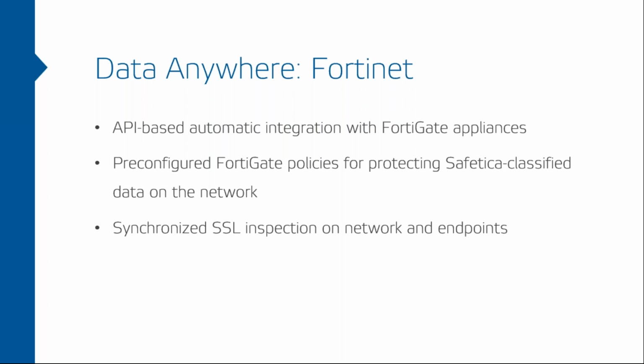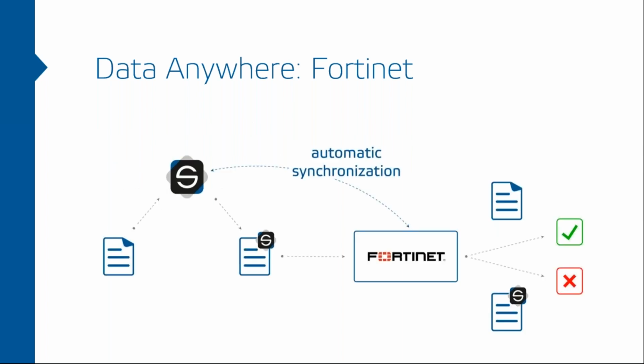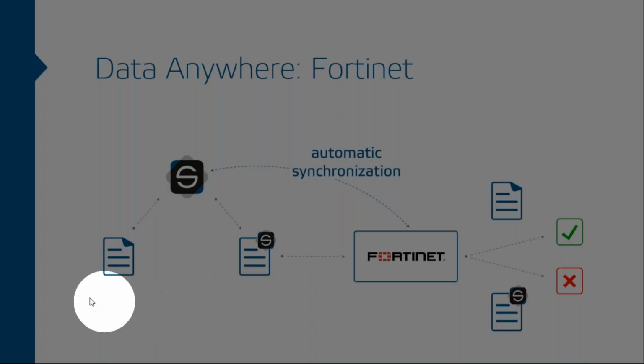And just to give you a better understanding of how this works, I've prepared a little scheme. So imagine you have a file which comes into existence in some way. It can be downloaded, created on the end station, or exported by an application. And when something like that happens, Safetica analyzes the file, and based on how it was created or some attributes of the file, it assigns the file a classification. It may say that the file is financial, let's say, or it's an internal file which shouldn't be shared outside